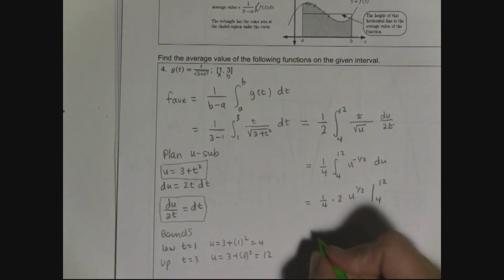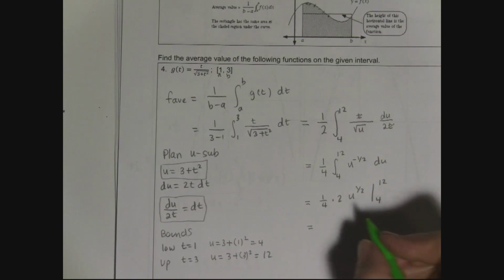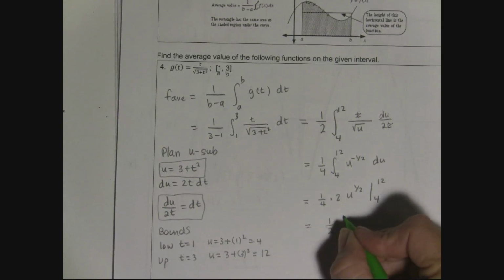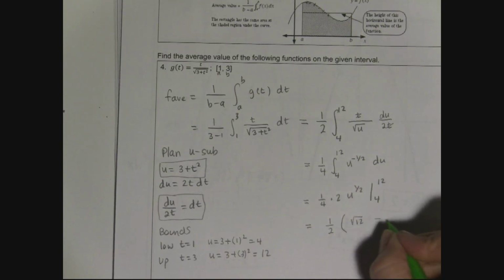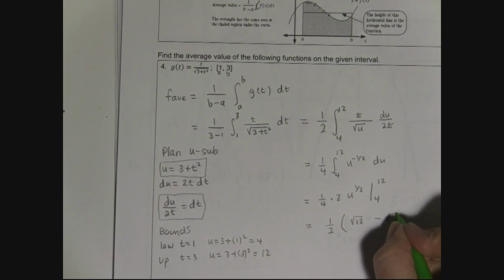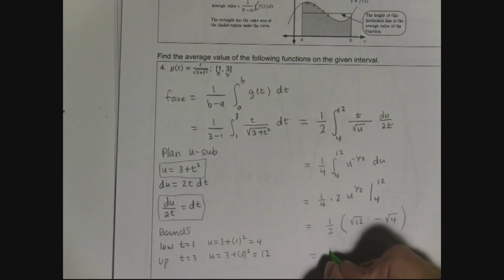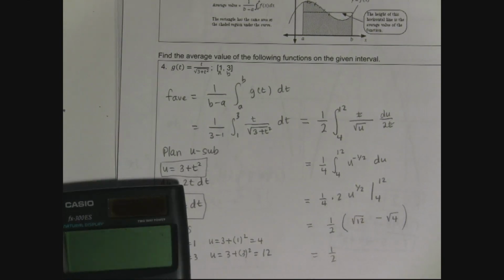And that's going to be a nasty answer. The square root of 12 is not a nice answer, but the square root of 4 is a nice answer. 2 over 4 is 1/2. So this is 1/2, and then this is going to be the square root of 12 minus the square root of 4, right? Because to the 1/2 is square root. And so, yeah, it's not a nice answer, so that's okay. Life goes on. And so the square root of 12,